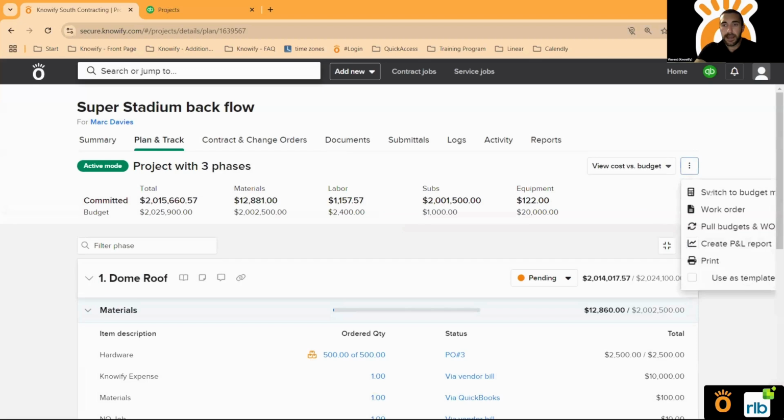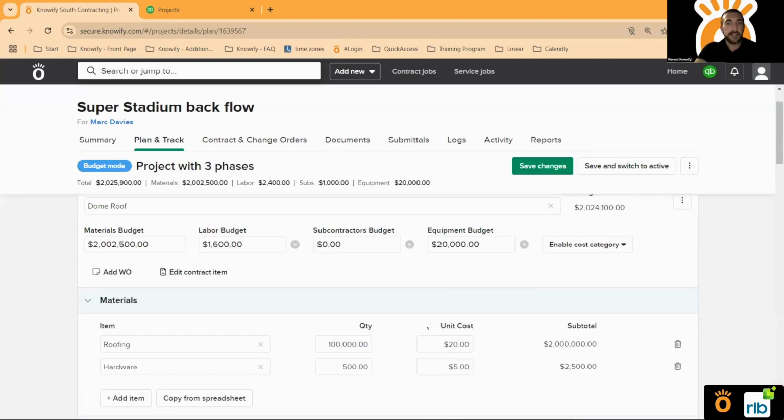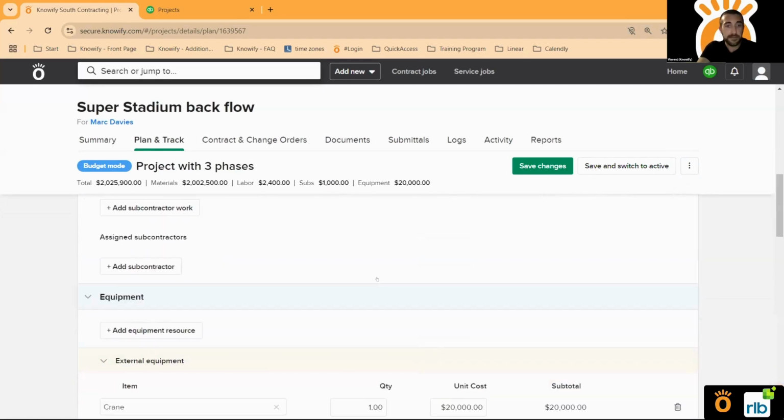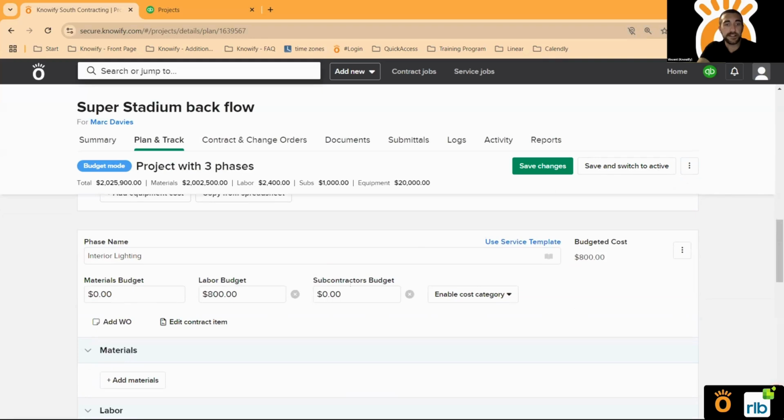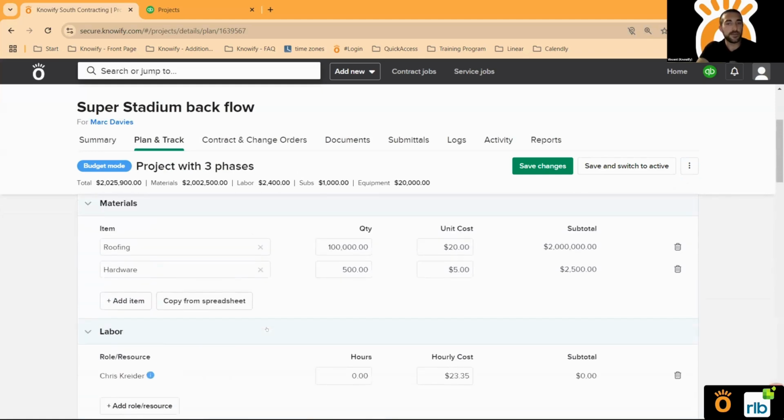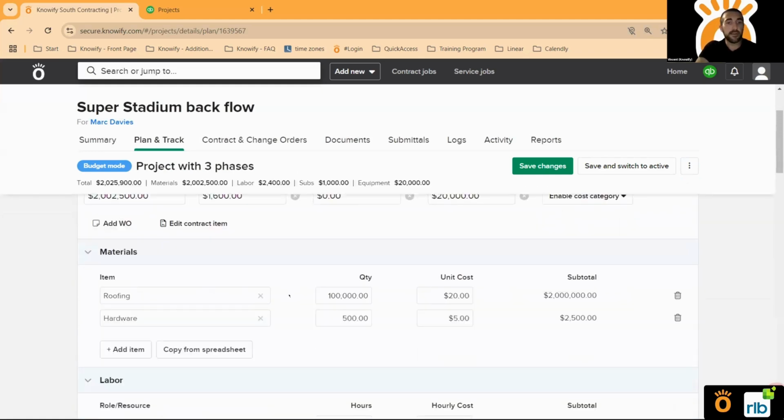When I'm setting up my budgets here, I'm able to build these out based on my preference. I can do so by just putting in a lump sum amount for the budgeted cost here. And this is all that's required for me to get the numbers to show up at the top of the screen. But I can also use Knowify as a tool for estimating, and rather than putting in a lump sum